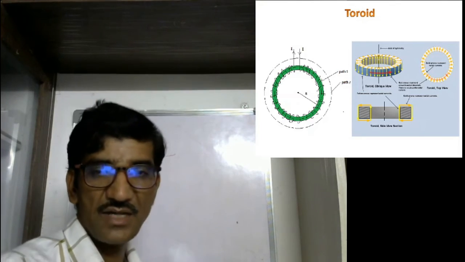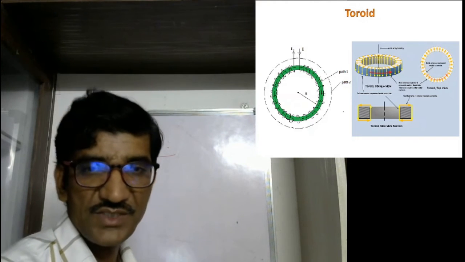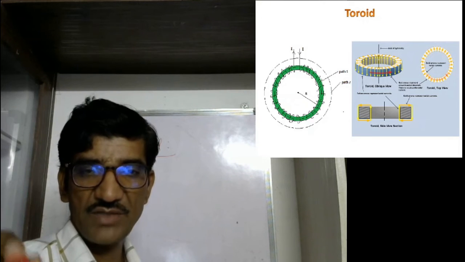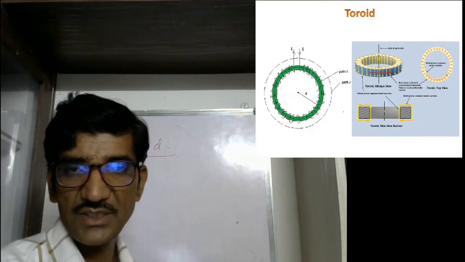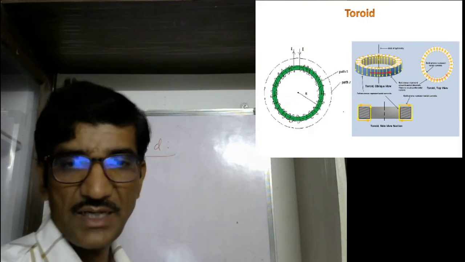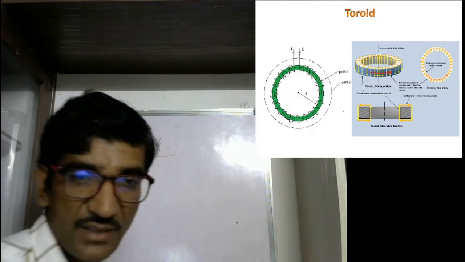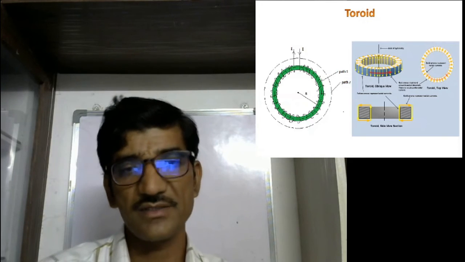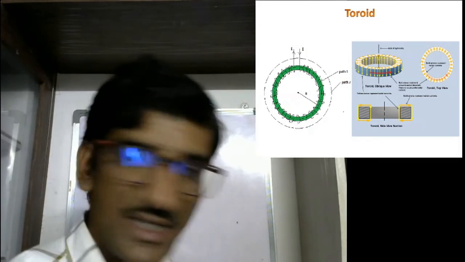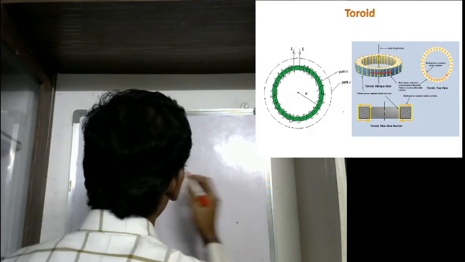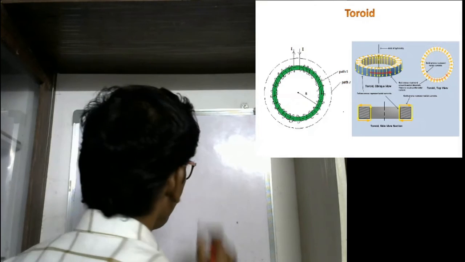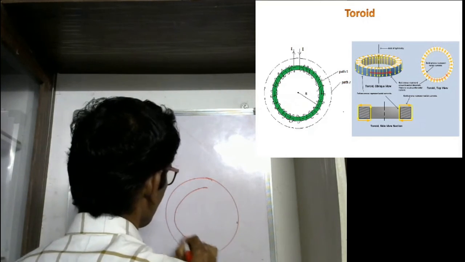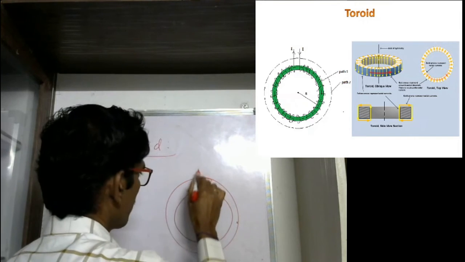See here in this slide you can see the toroid. See, the wire is on the torus. Current is coming into the torus and going out of the torus. Here in the case of a toroid, due to the symmetry of the problem, our closed curves should be circles. That means it may be a small circle or a big circle. Here this is a toroid, this is a torus.